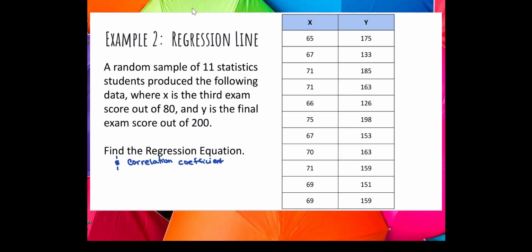So our equation is y equals 4.827, I'm going to round to 4, x plus negative 173.513 if I round to 3 decimal places. And then the r was about